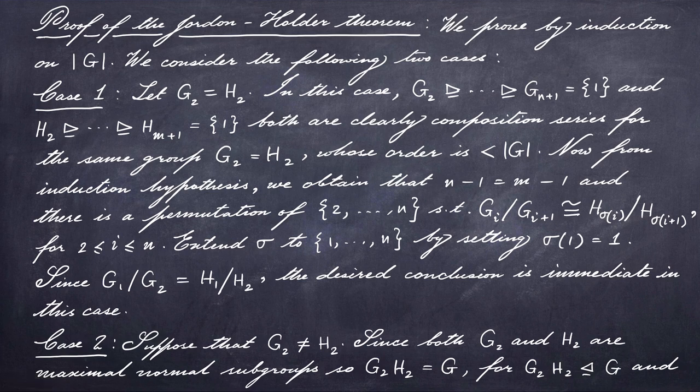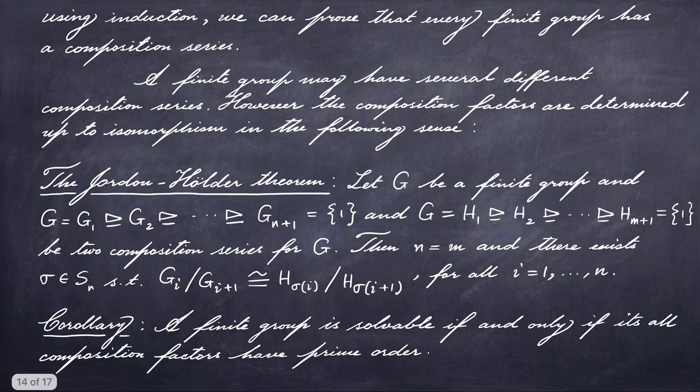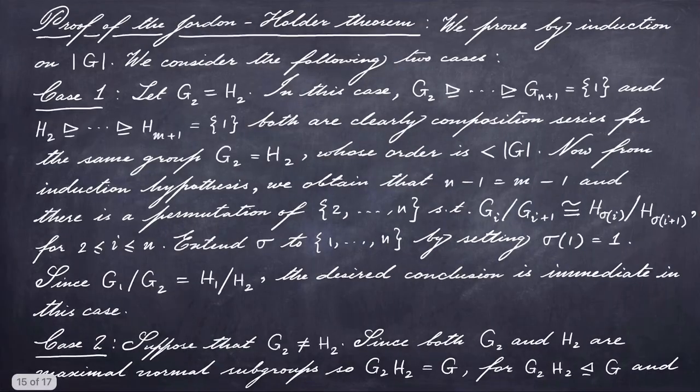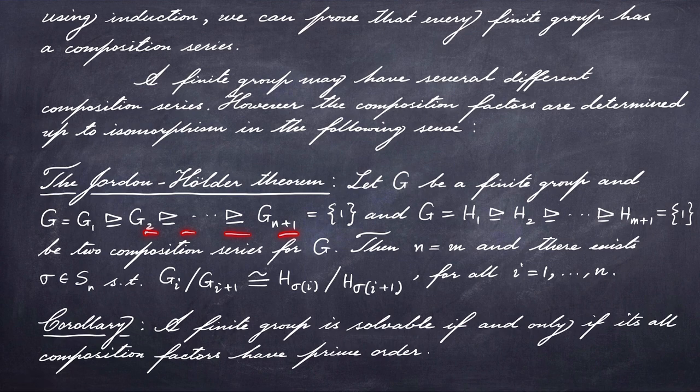What's the advantage of that? If G2 is H2, then this and that are both clearly composition series for the same group G2, which is the same as H2, right? So if G2 is H2, we simply disregard the first term from both composition series for the time being, and that gives us two composition series for the same group G2 equal to H2. Of course, G2 has order strictly less than that of G, and then the induction hypothesis takes care of the rest. So we obtain n-1 equal to m-1, and a permutation of